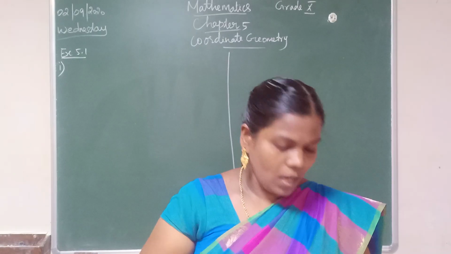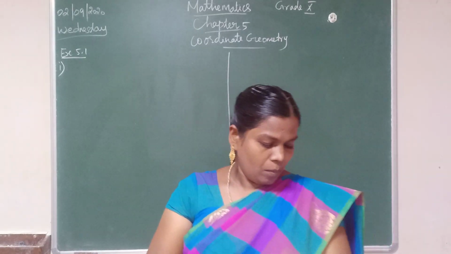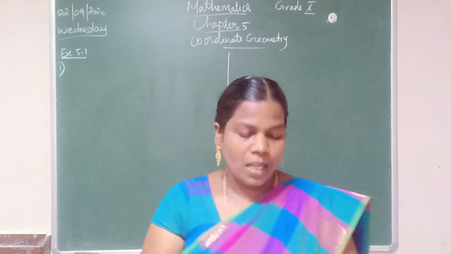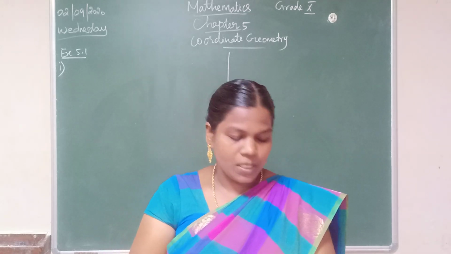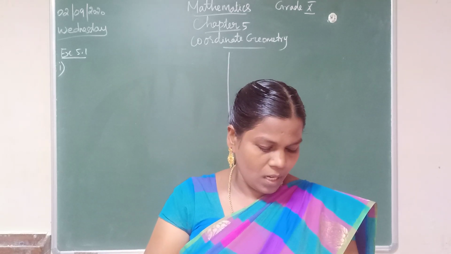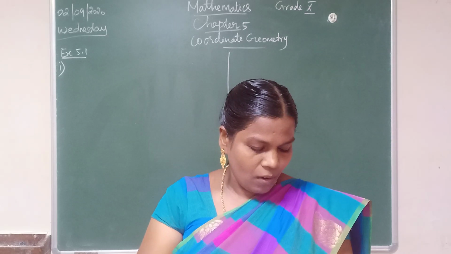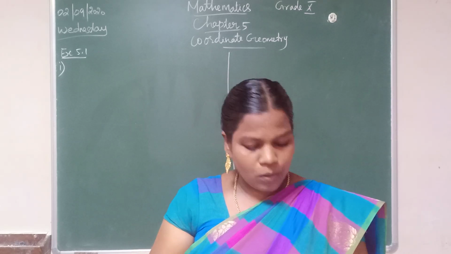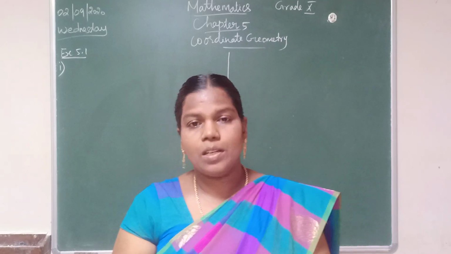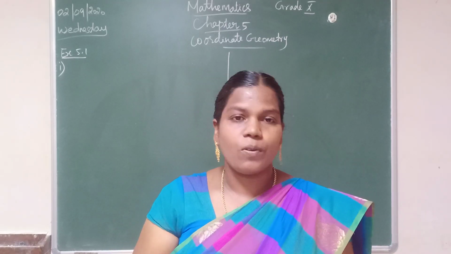Okay, let us do it. Write the question along with me. Page number 208. Vertices of given triangles are taken in order and their areas are provided in each case. Find the values of P. Here two questions are given already. The second question you completed, I hope. The first one let us do.